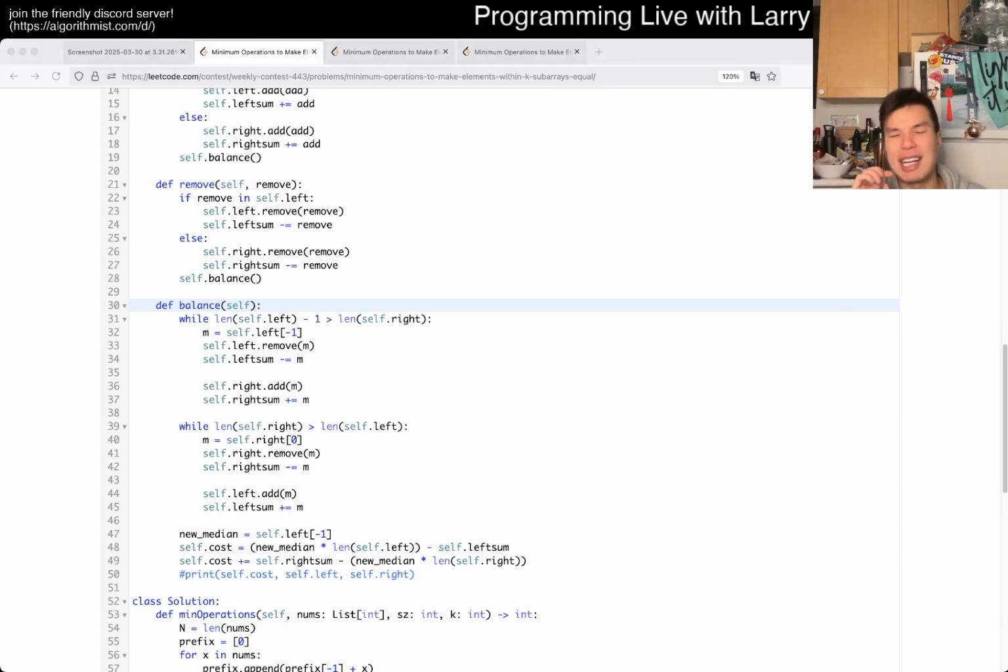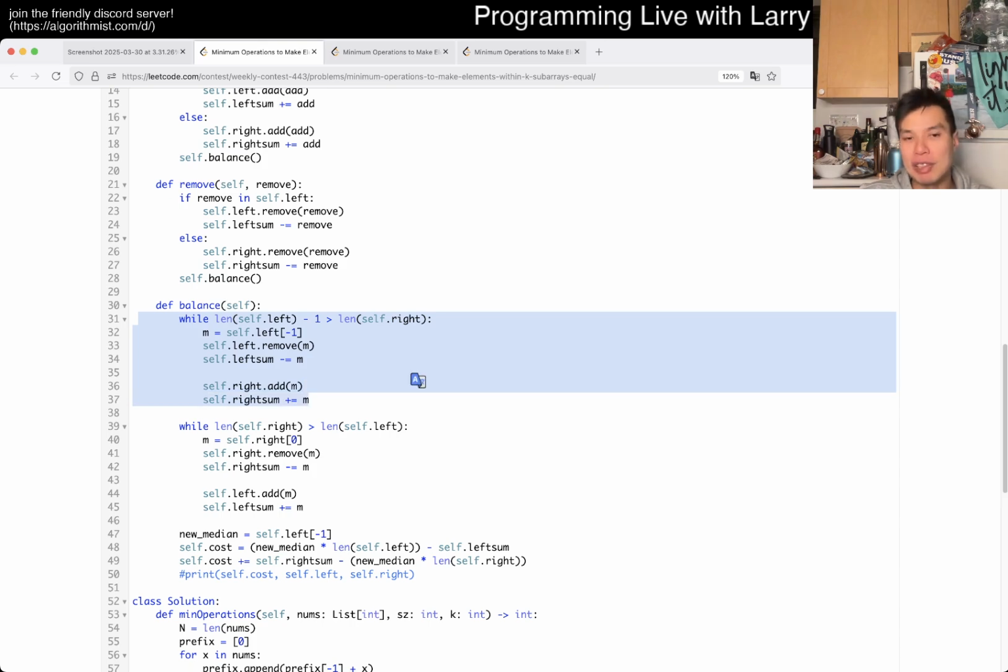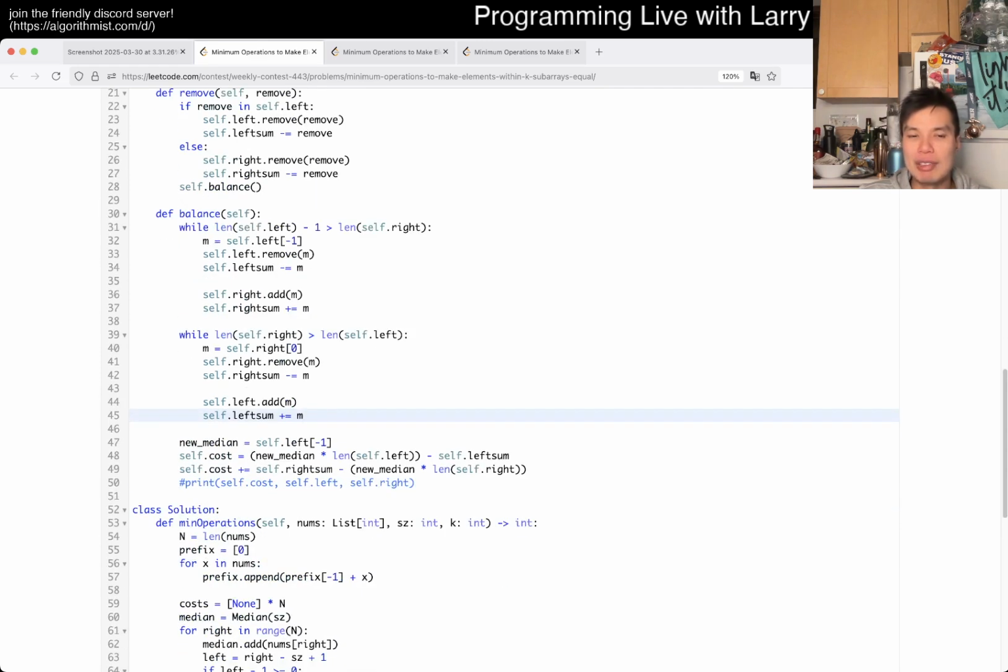And also I realized that I focused on the rolling median, but I did not go over the dynamic programming part. So we'll go over that afterwards with visualization anyway. But balance is basically if there's too many elements on the left, we move it from left to right. If there are too many elements to the right, we move it from right to left, right? That's it. And then afterwards, we calculate the new median, which is always going to be the biggest element